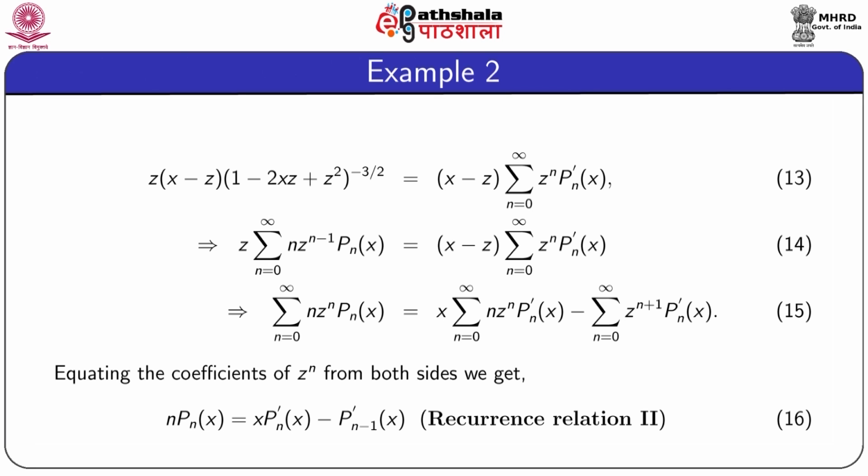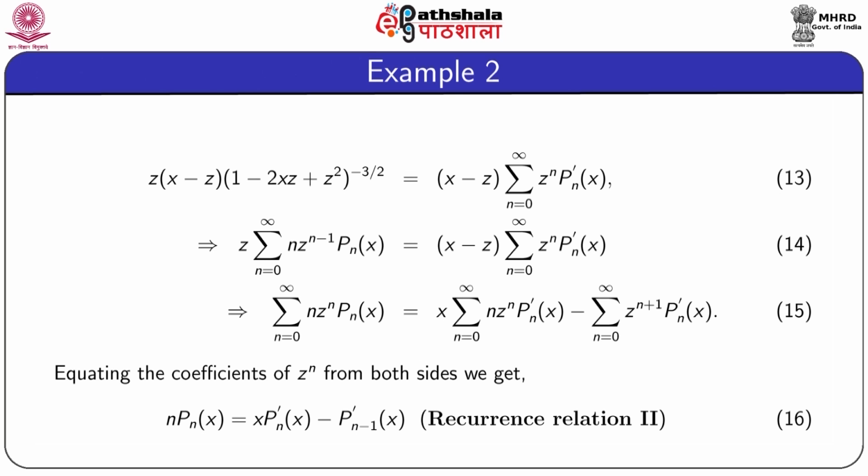If you simplify this, you will get summation n equal to 0 to infinity n z to the power n p n x is equal to x summation n equal to 0 to infinity n z to the power n p dash n minus summation n 0 to infinity z to the power n plus 1 p dash n, given